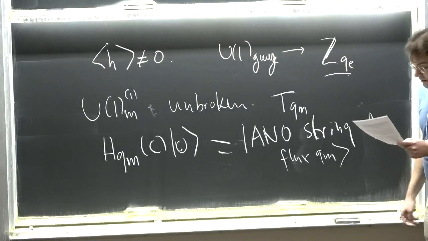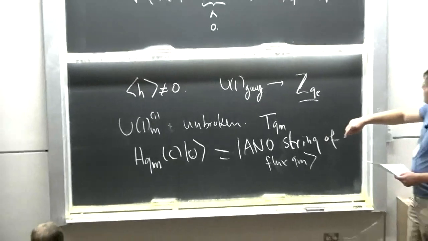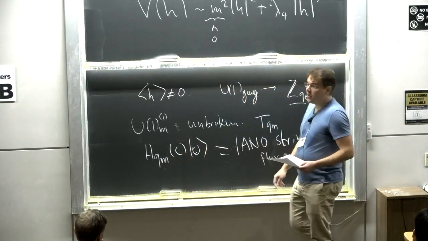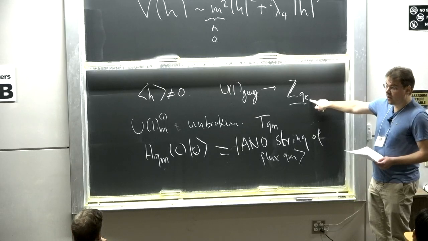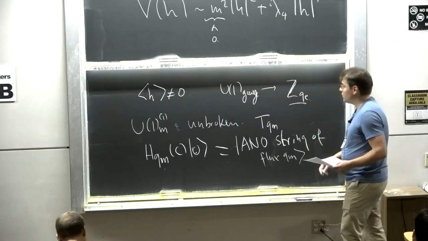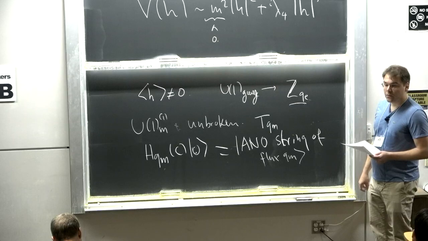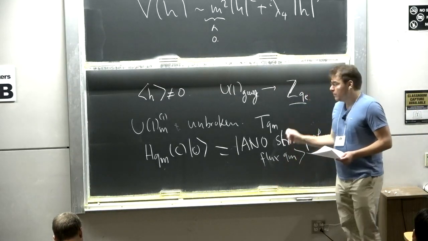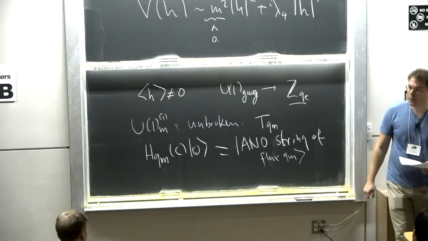Now, in fact, there are even more interesting vortices than the ones I've described here. The ones I've described here have integer vorticity. Because of the low energy ZQE gauge theory, there are actual fractional vortices as well. You can have vortices of fractional vorticity, rational vorticity, quantized in units of 1 over QE. The famous case that you may know about from superconductivity is the case when QE is 2, and then you can have half vortices, which are called pi fluxes.